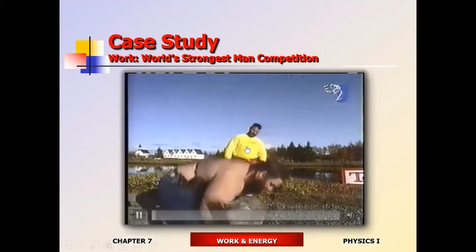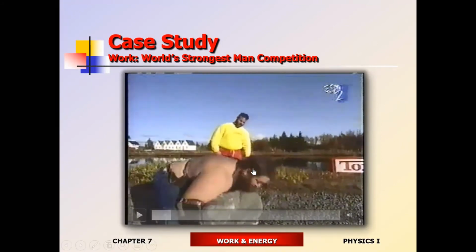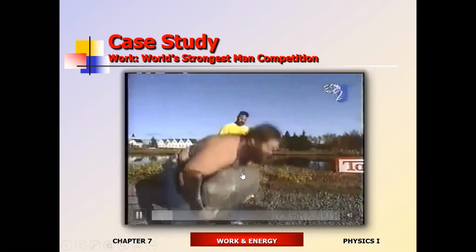Who will become world's strongest man? And this is what all the fuss is about. The Husafel stone weighs 410 pounds. So he's gonna lift a stone which is 410 pounds. That's about the size of a small...